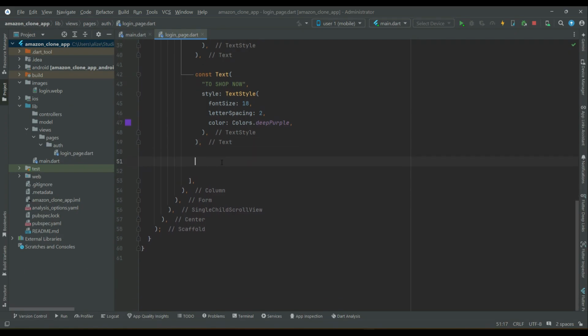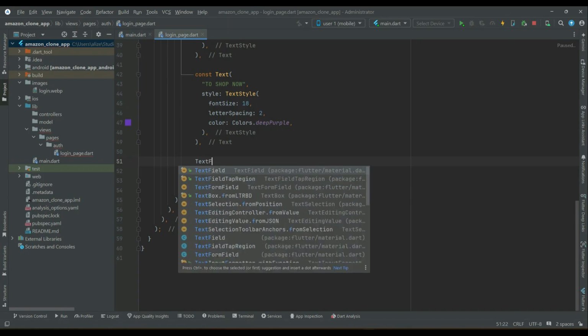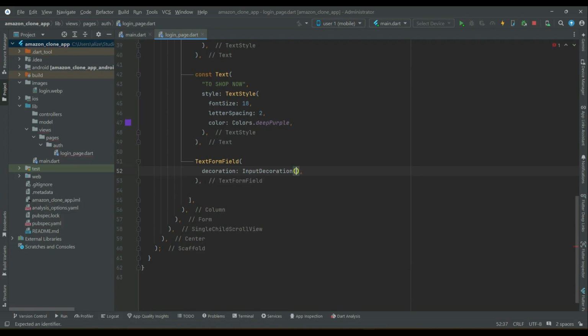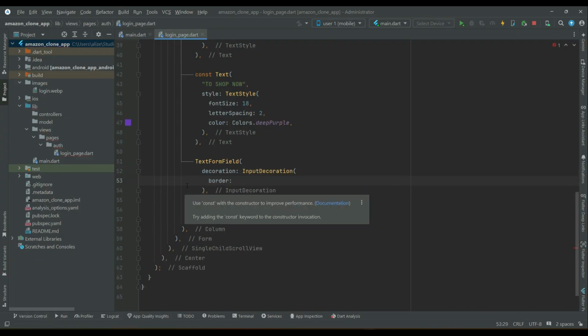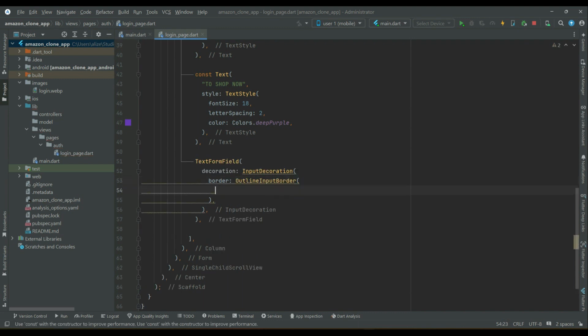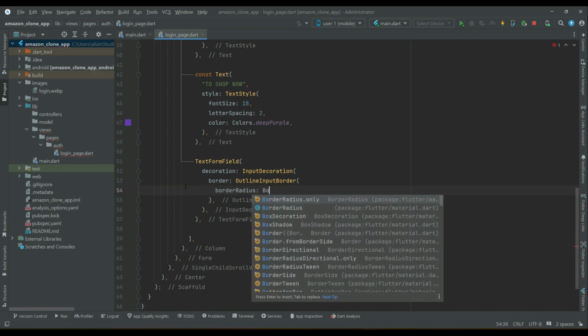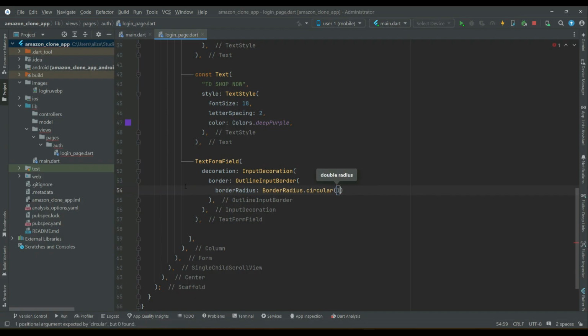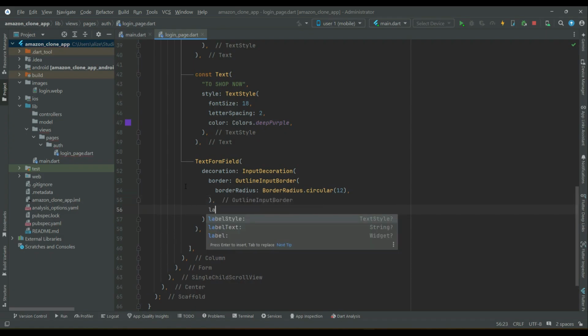So first we will add text form field, add some decoration to it, border, outline input border, border radius dot circular, and we want it to be 12. Then after the border we will add a label to this text form field. It will be email, and then